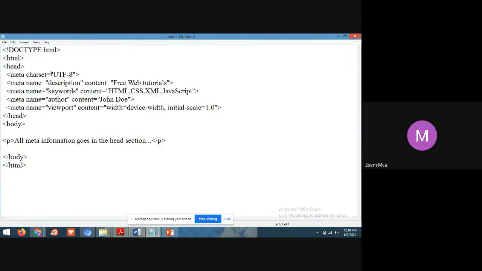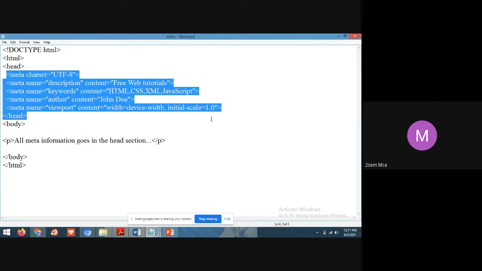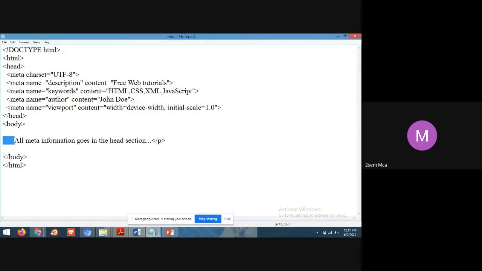Yes, students, first I'm explaining the program example for a meta tag. See, this is a simple program. We'll see this highlighted portion later. But see what I have written in the body tag. In the body tag, I have written a simple paragraph tag. So what is the statement in the paragraph tag?